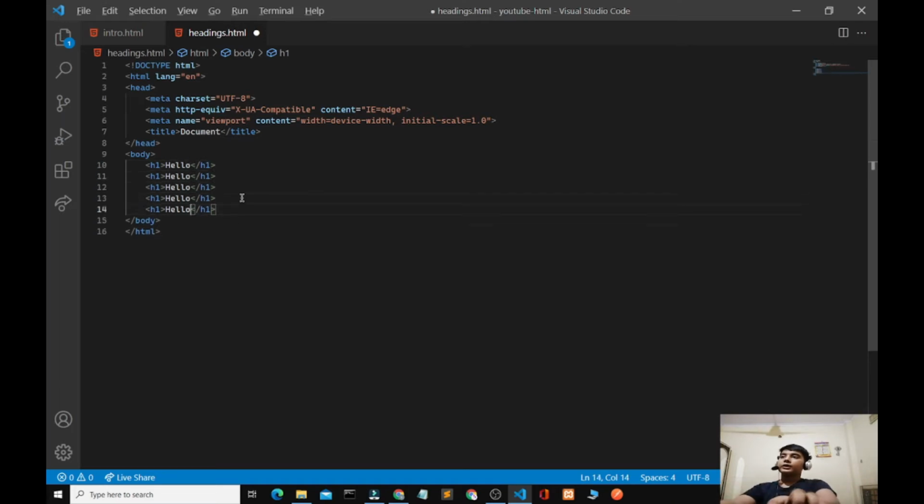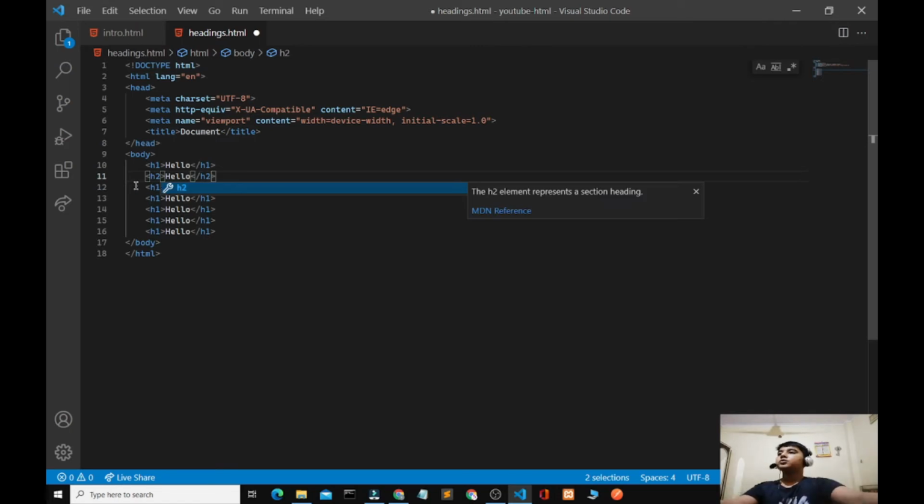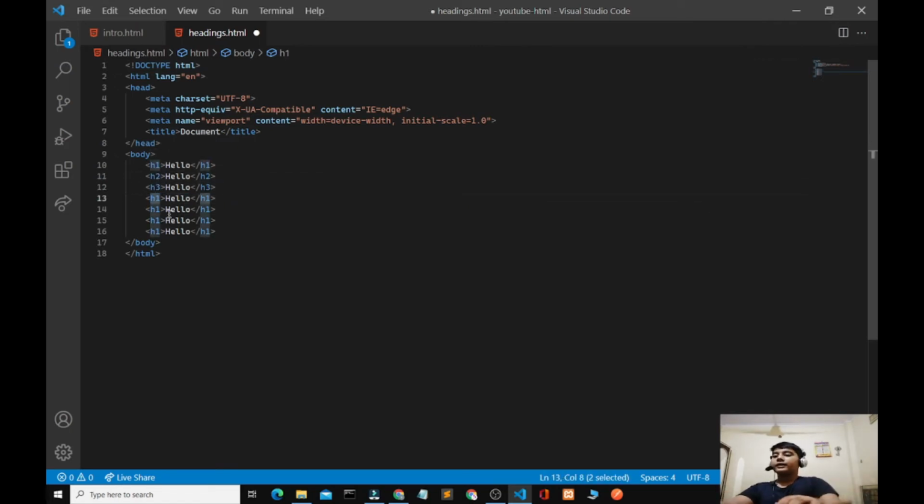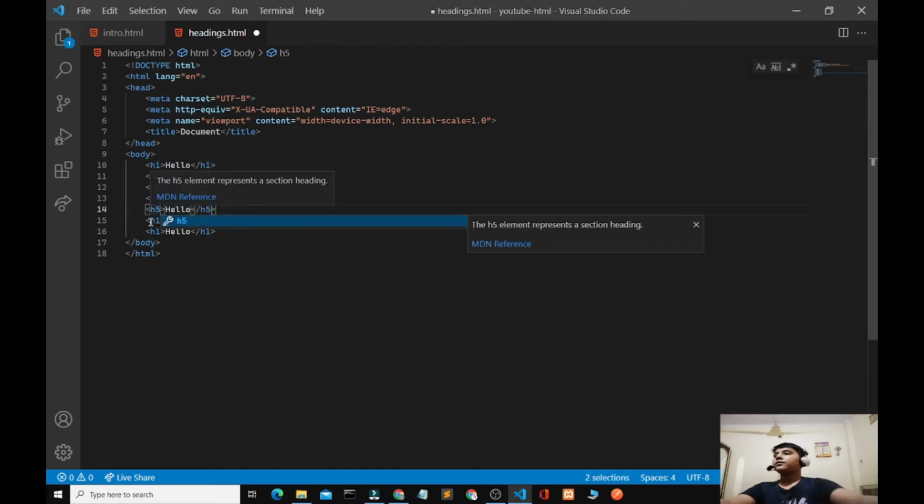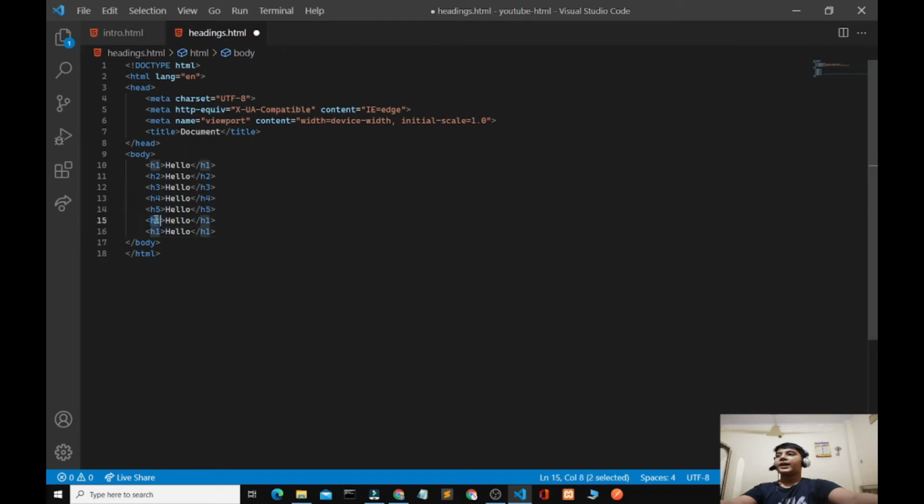and copy this and paste it again and again, and here we have to type h2 and here h3 and h4, h5, and here we have to add h6, and let's delete this and press Ctrl S to save.